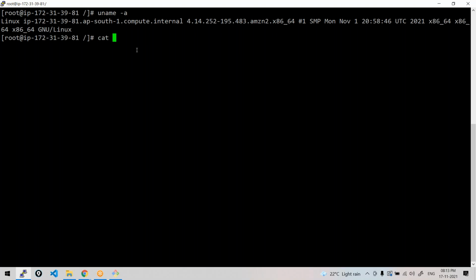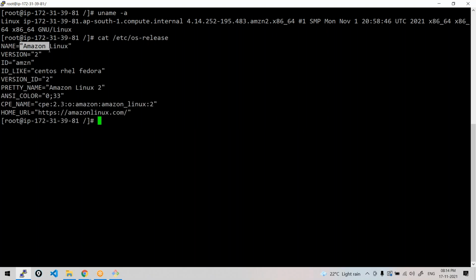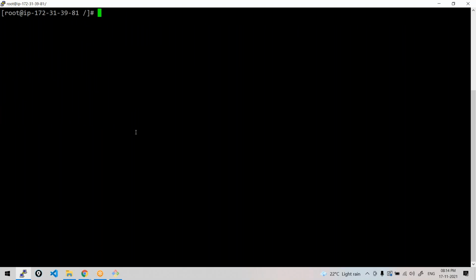And there is another file under etc os-release. Okay, this is a file. If you check the content of this file, it will give you your operating system details. See, mine is Amazon Linux 2, which is like CentOS, Red Hat, Fedora systems. So cat this file will give you the details of the operating system. Some simple commands, just to get some information of your operating system. Okay, fine. These are enough to get started.